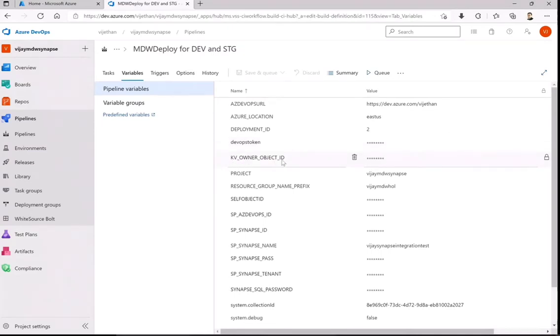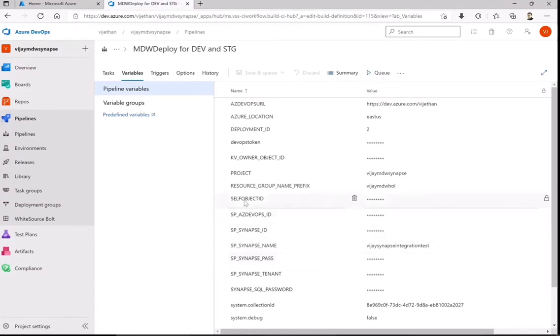Key Vault owner object ID is the access I have to give for Key Vault. I'm using an automation service account, so I have to give that account access to this particular Key Vault so that it can store the secrets for me. Similarly, what will be my project name, and the resource group name, that means the prefix. Every name will be unique: once I give you this repository, you can create your own names and make sure these variables are unique to you, so that once this goes into the scripts, they create a unique environment for you.